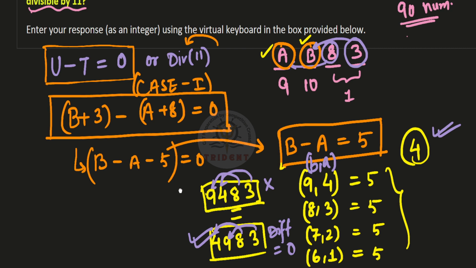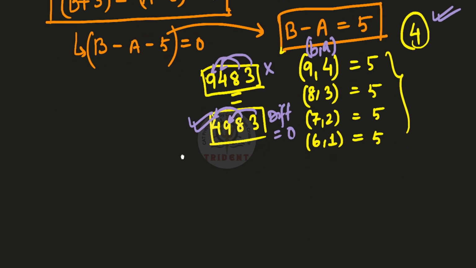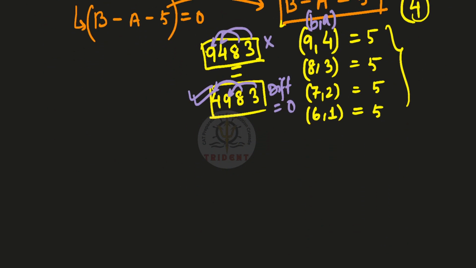One more thing that you can do with this expression is that because it is given in the form of an expression, I can possibly think of it like this: b minus a minus 5 is equals to 0. This is for case 2, and this case will take care of the fact that the digital difference can be